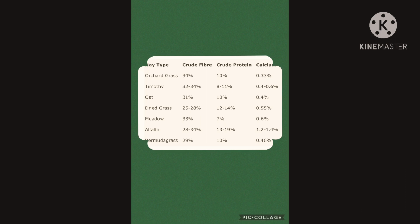Orchard grass has 34% fiber and 0.33% calcium. Timothy has 32 to 34% with 0.4 to 0.6% calcium, which is great. Again, the lower the calcium, the better. Oat has 31% fiber and 0.4% calcium. Dried grass has 25 to 28% fiber, so this is on the lower end of the spectrum, and it has 0.55% calcium, so that's quite high. Meadow has 33% fiber with only 0.6% calcium, and then alfalfa has 28 to 34% crude fiber but has 1.2 to 1.4% calcium,